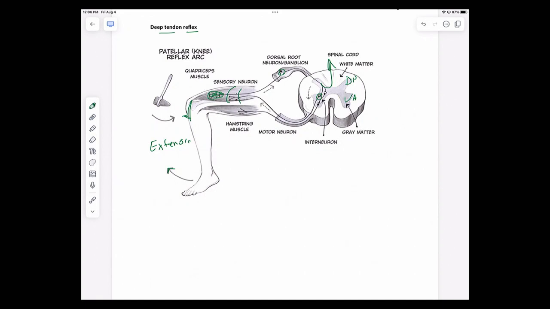So if one group of muscles is going to be moving the joint one way, you have another group of muscles that is going to be moving the joint the other way. In this case, in the cartoon here, you've got your hamstrings. Well, your hamstrings are going to want to flex your lower leg, and then the quadriceps are going to want to extend your lower leg. You have to be mindful with these antagonistic groups, because when one group is going to contract, you're going to want to inhibit the antagonistic group to facilitate the movement.